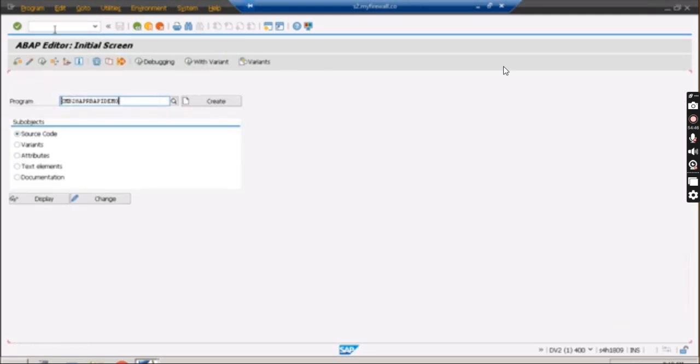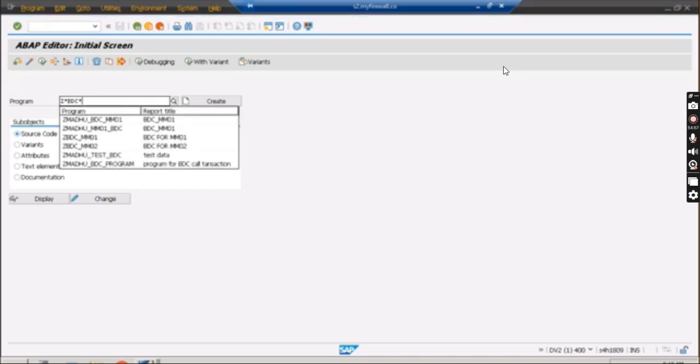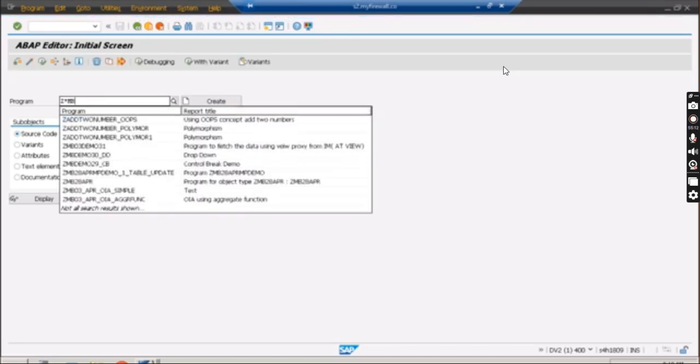Now go once again to the program. Let us see if we have created some BTC. Let me check if we have created MB28.